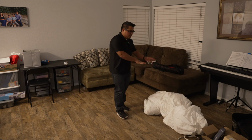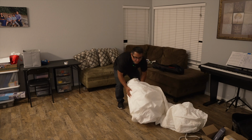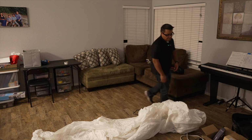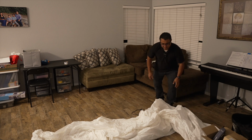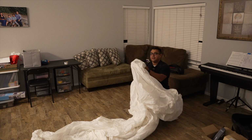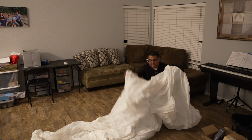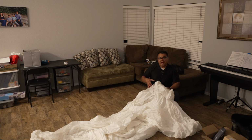Okay, so once you've unpacked the enclosure, what we're gonna do is lay it out, and it should be packed in like a burrito. I'll show you guys that at the very end. What I like to do is the side that has the fan, you see here, usually also that's the side where all the cords are coming out of. So I'm going to put that where I want my outlet and my power pack to go so that I